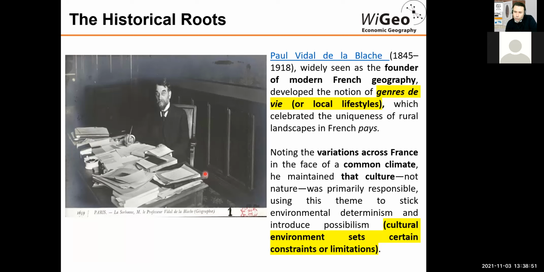He brought to the discussion distinctive elements, the genre de vie, the local lifestyles and the importance of these local lifestyles. And he was the one emphasizing the importance again also of the culture in this understanding of how regional geographies evolved through time. And he is the one that introduced possibilism, that is that the cultural environment sets certain constraints or limitations to local communities, and then the culture determines or can be used to explain the geographical phenomena